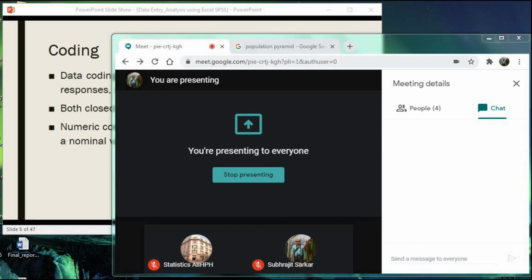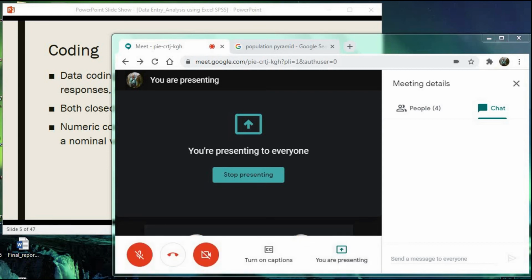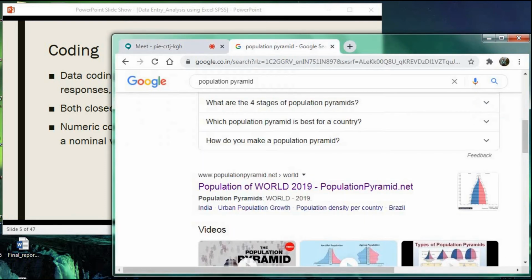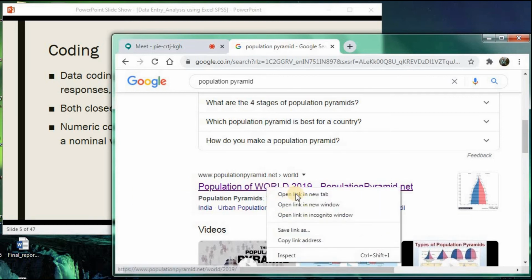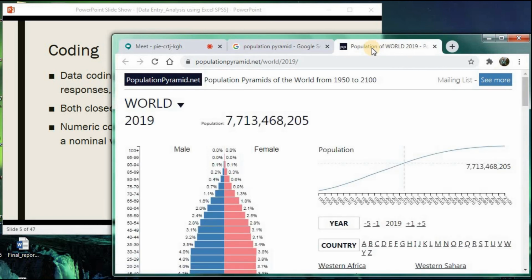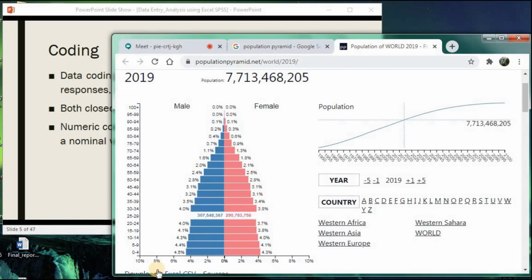Alternatively, suppose you have to present something from a website. So for this session, let us stop presenting that PowerPoint window and see what to present. Suppose you are taking a class on population pyramid. You have to describe the different features of population pyramid. So this is the website you want to describe, how the behavior of population pyramid changes with different levels of demographic transition.